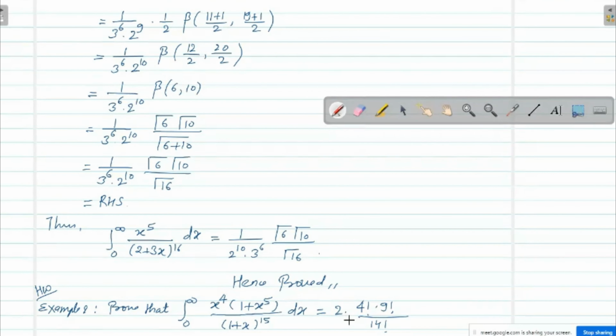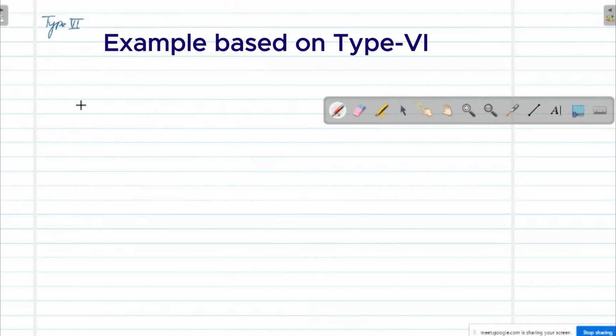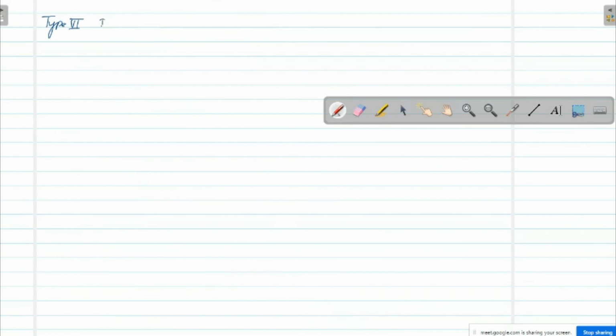Okay, now let us move to the next and last type of the problem. Type number 6. Integral of the type, if integral of the type